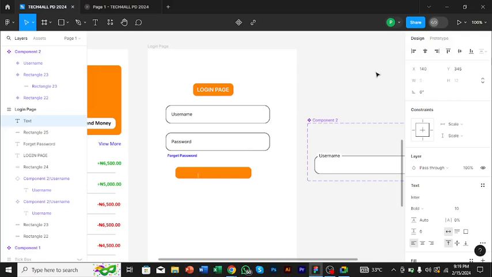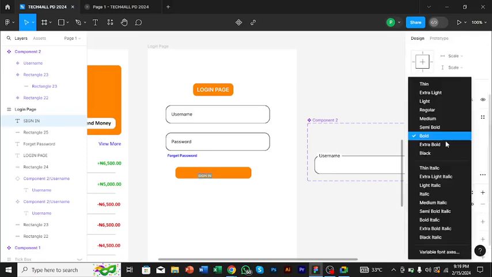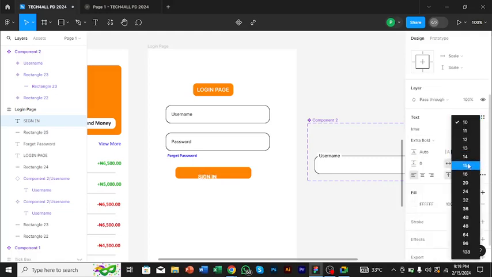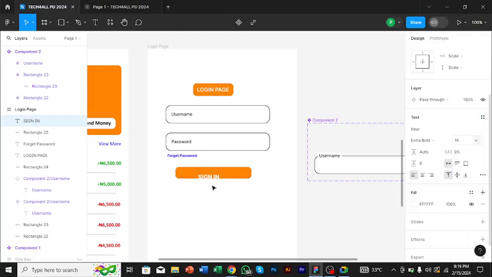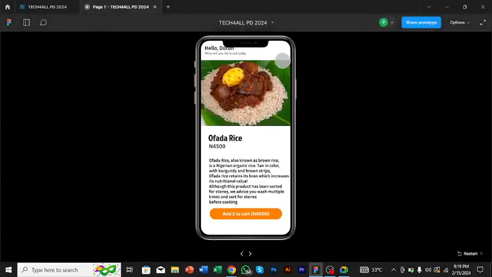Let's say sign in. I'm going to increase the size, then move up. Alright, so if I probably click it,